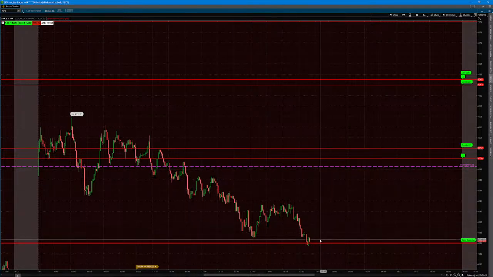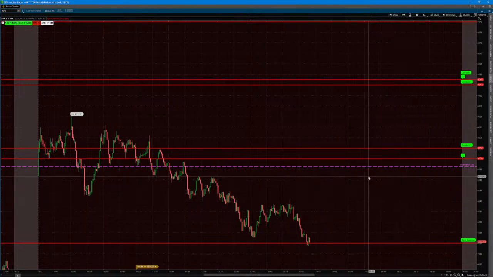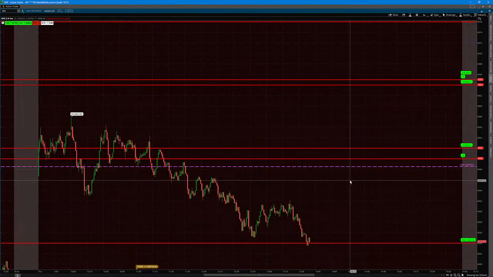and now it looks like it might have found at least maybe temporary support at the zero gamma level, and that's just what it sounds like, the level with zero gamma, at least based on the beginning of the day, market makers' position at the beginning of the day. All right, so those are the levels that are in play for today. Let's go back to Bookmap now,